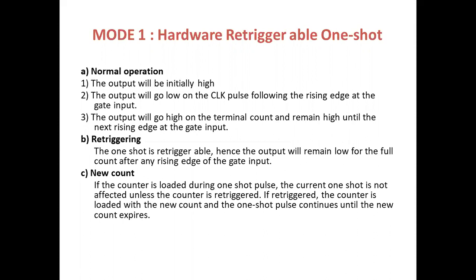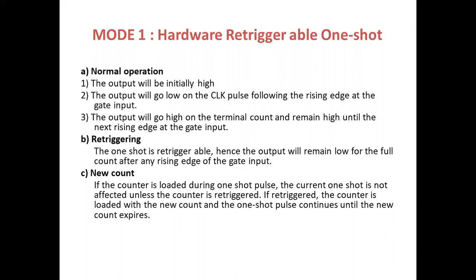In this mode, the counter acts as a retriggerable and programmable one shot. A rising edge trigger signal is applied to the gate terminal of the counter in this mode. Initially, OUT is high after mode is set. The control word and the count value must be loaded into the counter. When the mode set operation is done and the counter is loaded by count value, the counter starts to decrement.